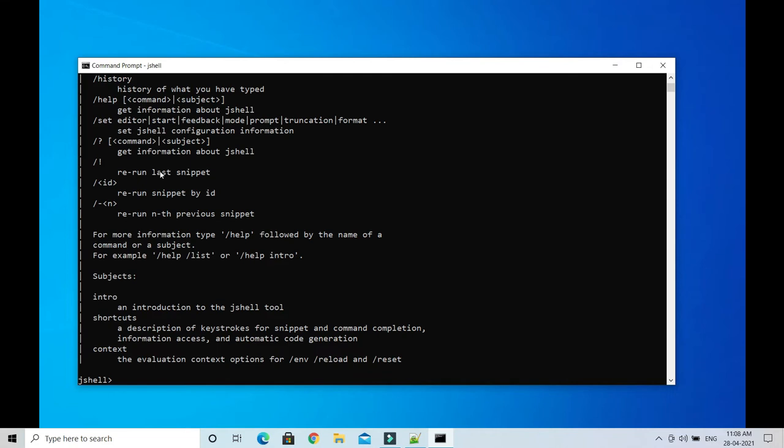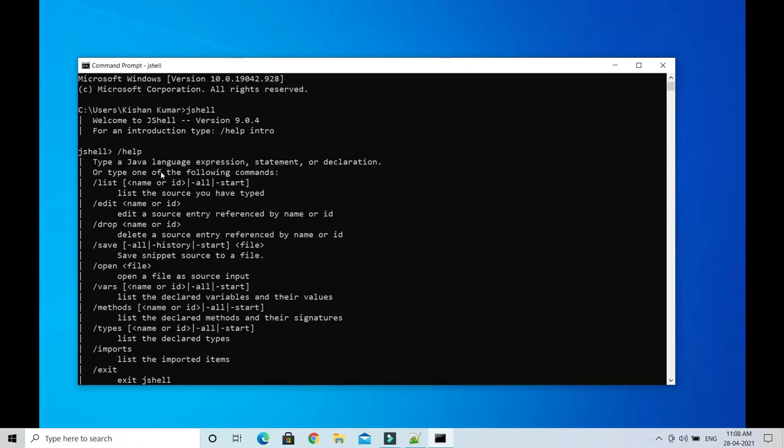If you press enter, this will list all the important commands valid for JShell, like /list, /edit, /drop, and more. There are many commands, and you get the description of those commands below.